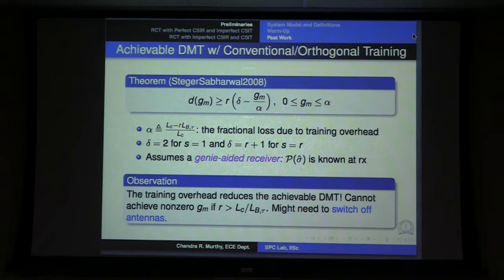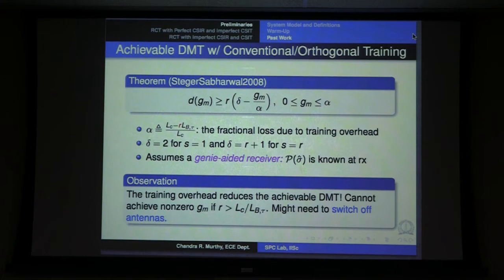One other aspect of this result is that it assumes that this P of sigma hat is known at the receiver. So this is what is called a genie-aided receiver. Otherwise, you would have to learn the P of sigma hat at the receiver. But nonetheless,